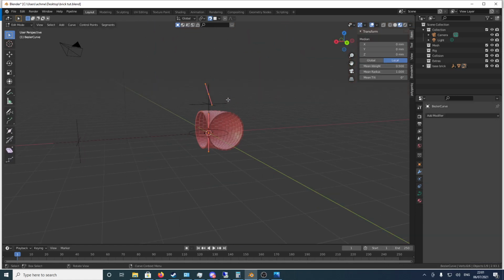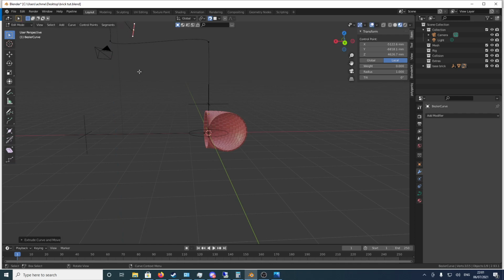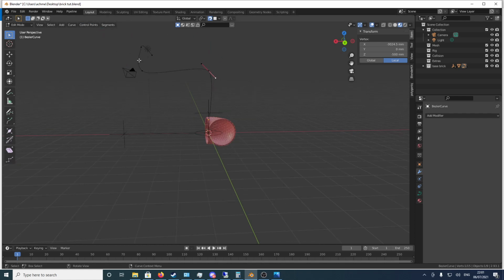So this one, we tab onto this. We'll grab this on the Z by a lot. No, just the top one. Grab it on the Z, and then extrude it on the X, and then extrude it on the Z, and then extrude it on the Y until I can see it popping out the back there. Press A, control points, recalculate handles, and then we've got it coming up, bending over, bending round, and bending over